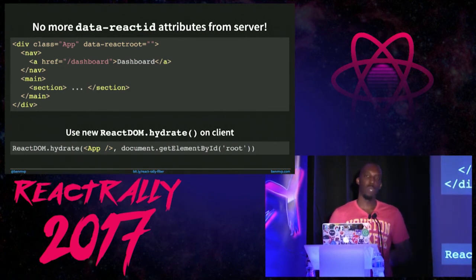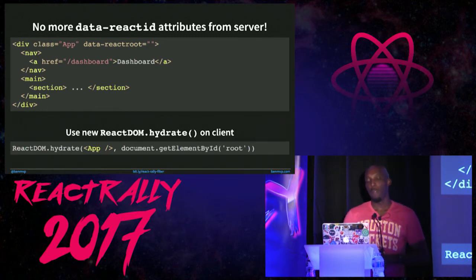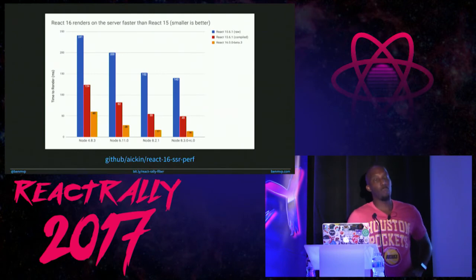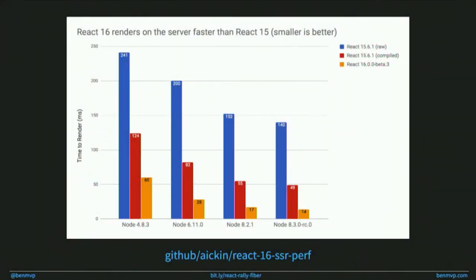So it's just a quick switch to switch from render to hydrate. And then there's performance improvements that are happening with React 16 and server-side rendering as well. So across the different versions of Node, we have Node 4, Node 6, Node 8.2, and then 8.3 as well. We can see how React 16, the yellow on the right of each one, and how much it